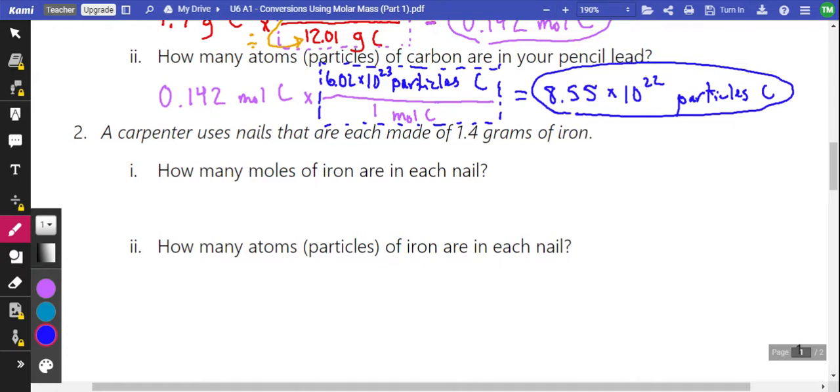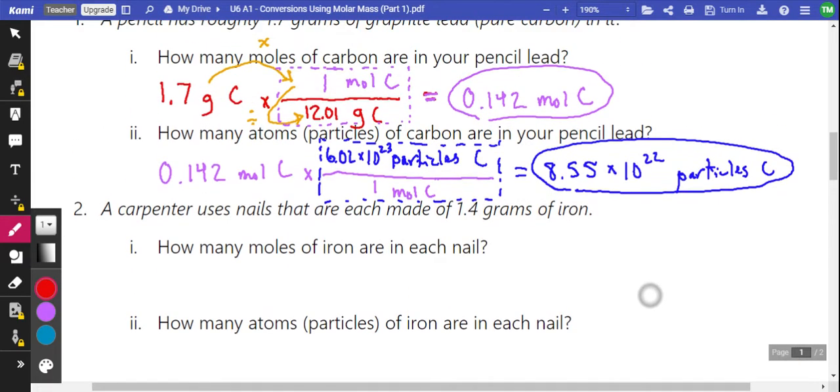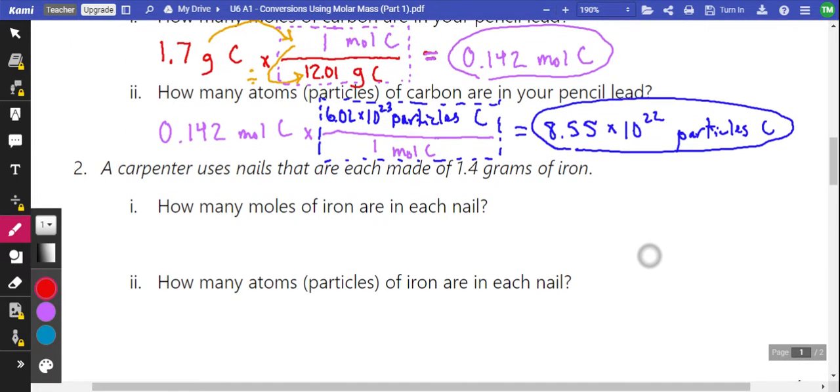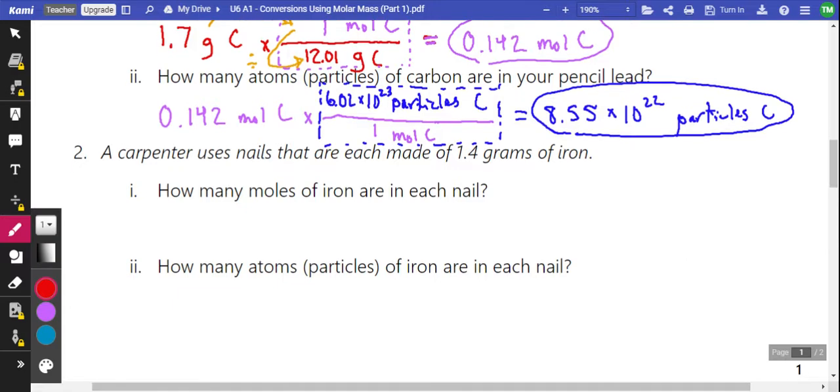Okay, a carpenter uses nails that are each made of 1.4 grams of iron. So our first part is asking how many moles of iron are in each nail. Well, we just did a conversion kind of like this for carbon, where we're changing from grams to moles of something. So let's do it. We're starting with 1.4 grams, so we have really nothing else to work on, so might as well start with that. 1.4 grams. See, iron is Fe, so I'm going to do Fe like that,